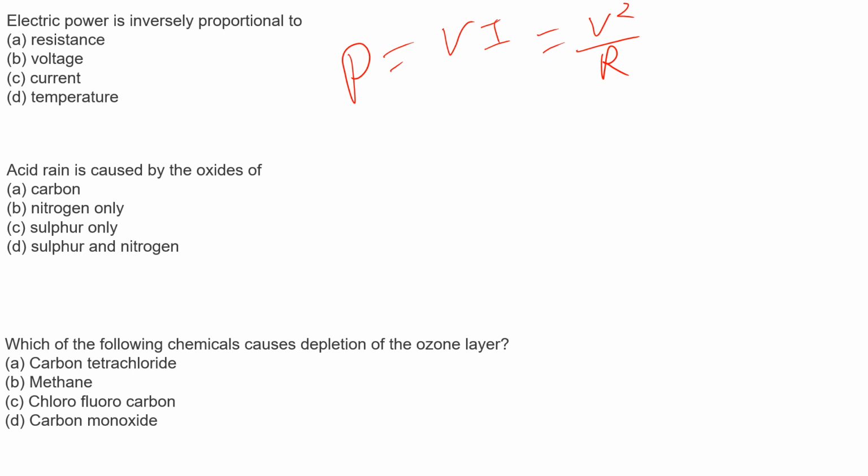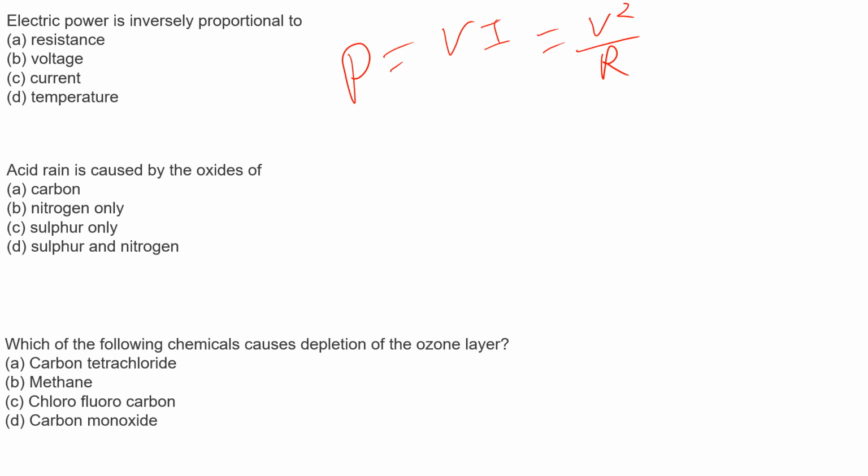So next question is that the electrical power is inversely proportional to the... option A is resistance, option B is voltage, option C is current, and option D is temperature. So if we remember that the electrical power is given by the product of the voltage times the current, and if you use Ohm's law, that is V equals IR, and substitute the value of I, then we find out that